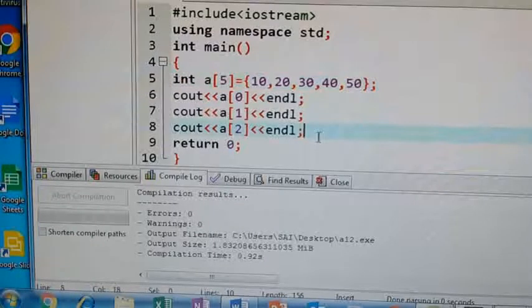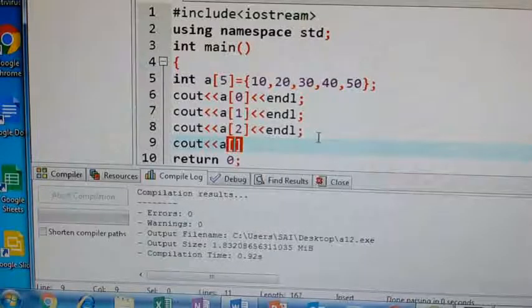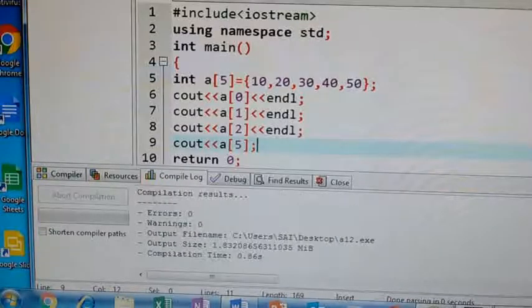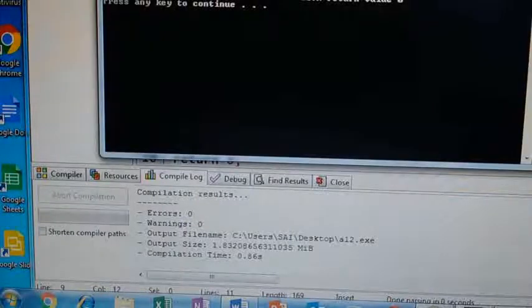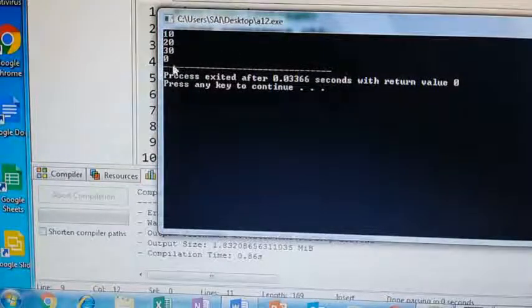So here I am trying to print one more element, cout. What is the name of the array? a of 5. Save, execute, compile. Okay. See here, 0 you are getting.